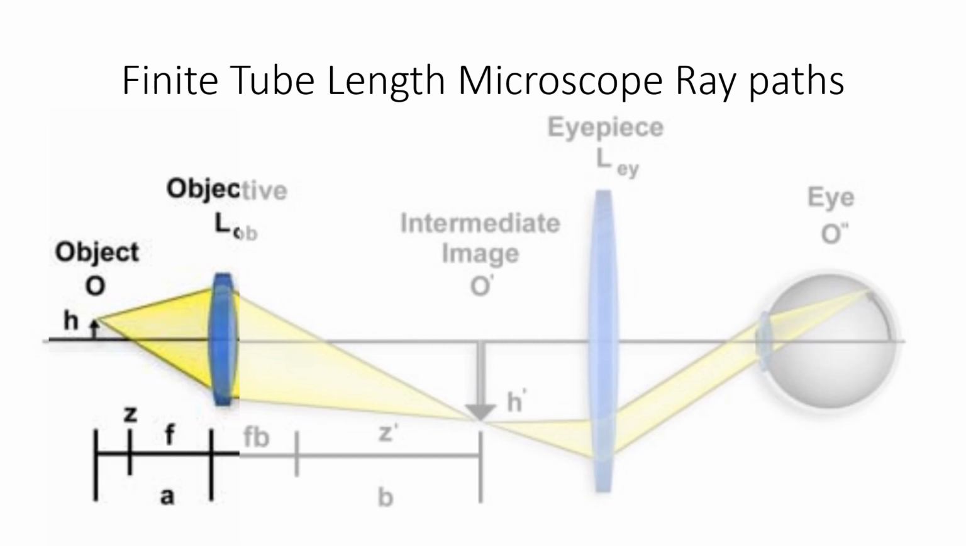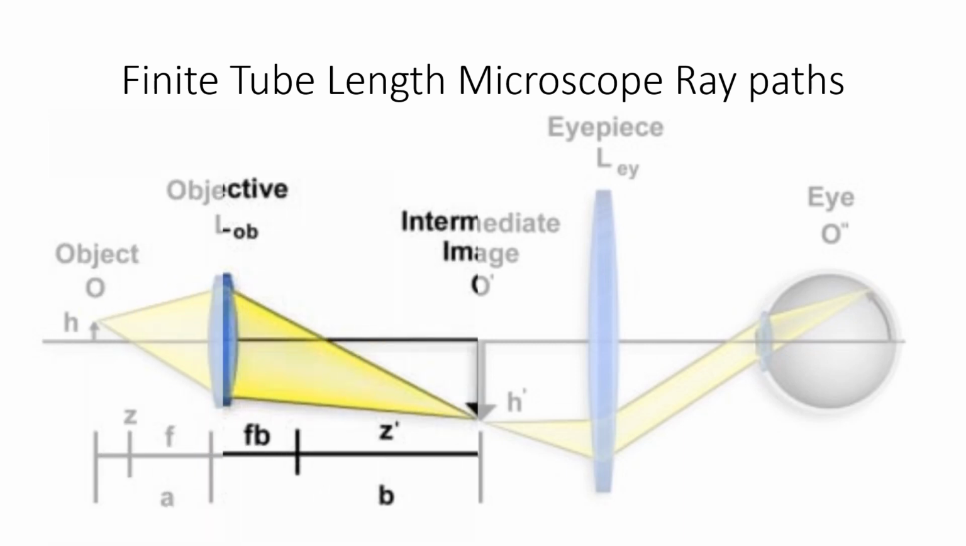First of all, we have our object placed at a distance z, and this is represented by a small h. So our object has a height small h. When the rays from the object fall on the objective lens, there is a refraction of light, and then they form an image at the intermediate plane. This image is a bit magnified, and it is a real and inverted image formed at the image plane. It is formed at a distance z prime from the